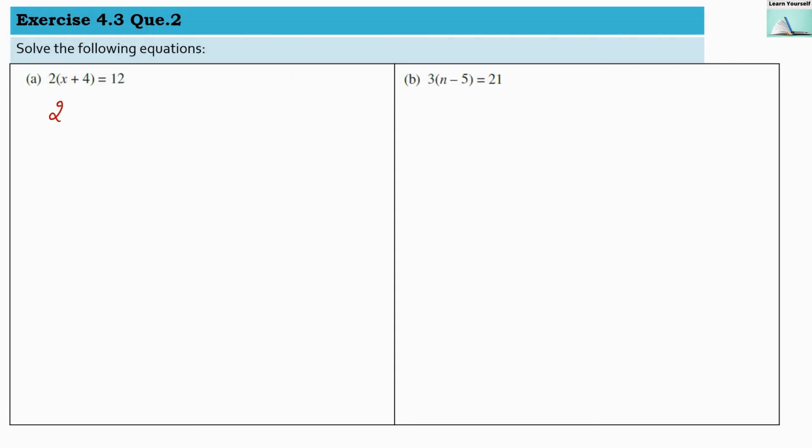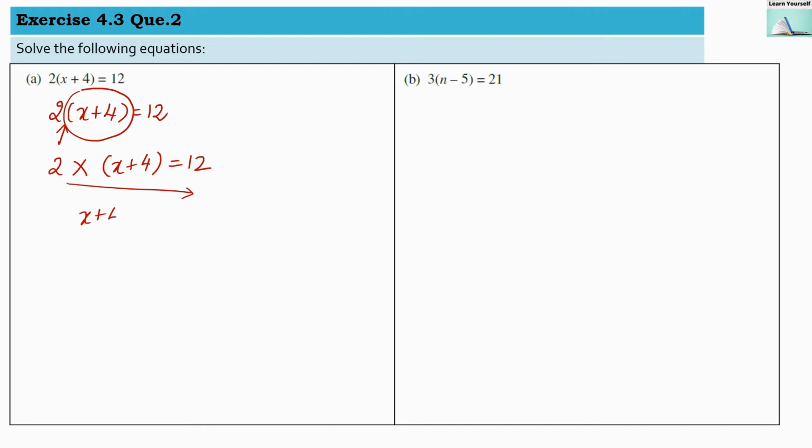Is 2x plus 4 equals to 12. Here 2 is in multiplication with this whole bracket. So I am going to write here something like this for the simplification. Now 2 is in multiplication. It will go to division once it is changing a side. So x plus 4 we will get here, and 12 divided by 2, as we are changing side of 2